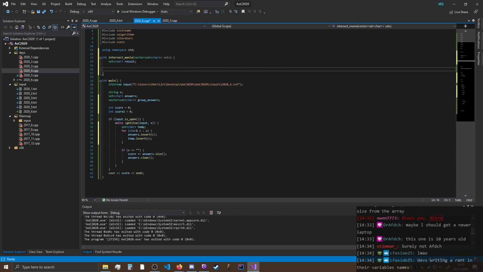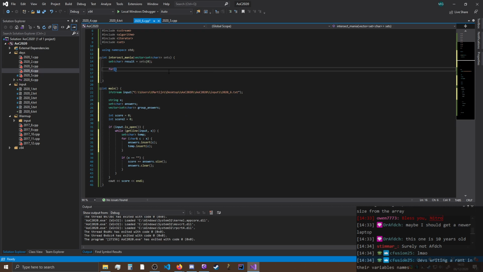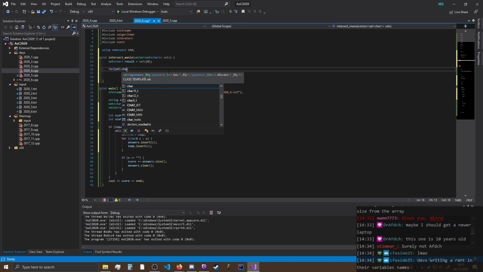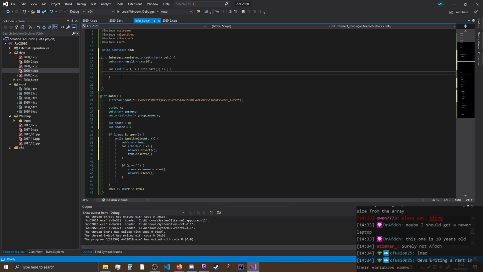This will be the first one. Oh god, screw it. Int i equals 1. i is less than sets dot size. This is really stupid because I need to skip the first one because that's the initialization variable value. And then we just, how do you do? Is there? Please tell me there's a